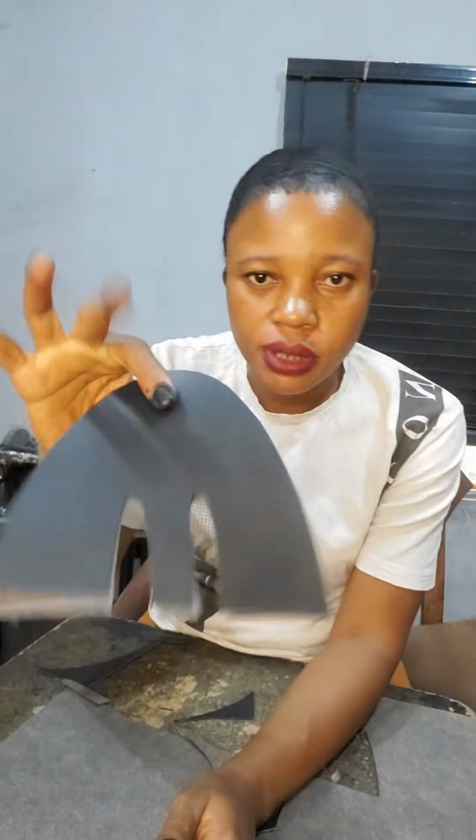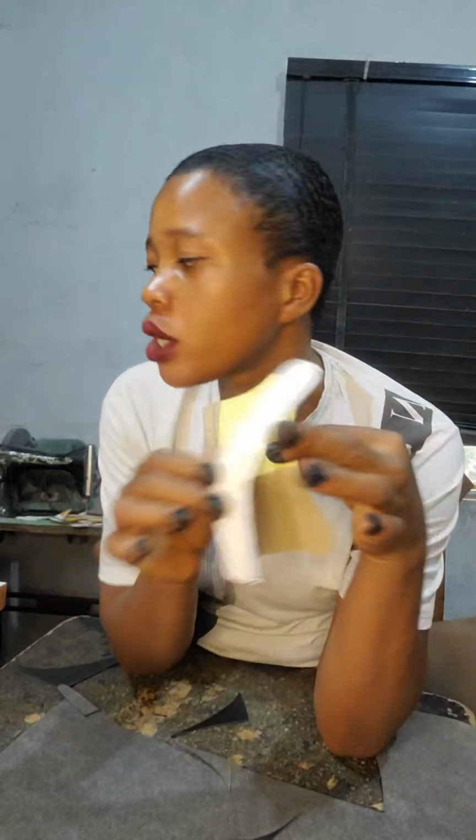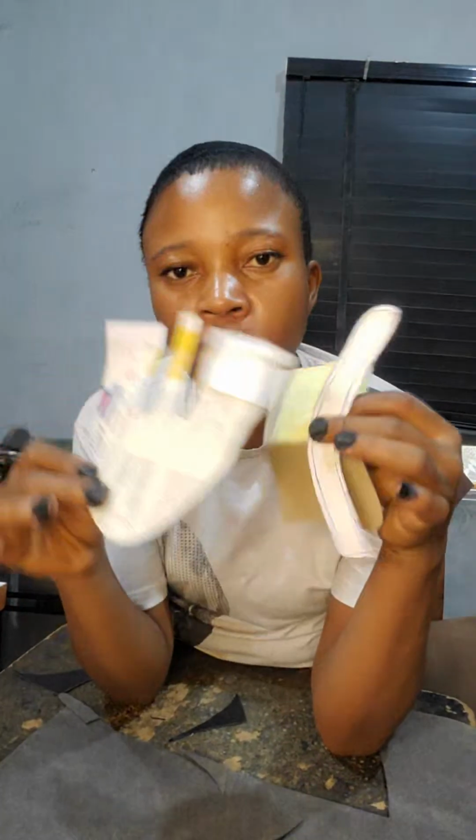So this is what the front part of the cortina looks like. So I will go right ahead into cutting the back so that you just see. I think I have the pattern drawn out already, so it's just the cutting process. Now this is how the back part looks, and this is the strap. So this is basically what you need to make cortina. This is for the front part. This is for the back,